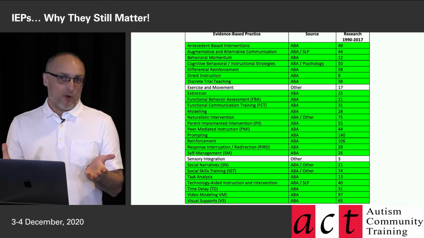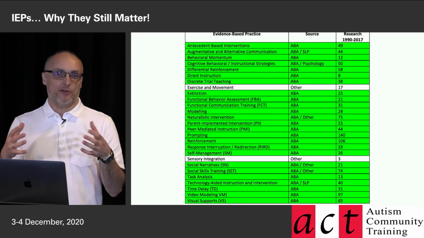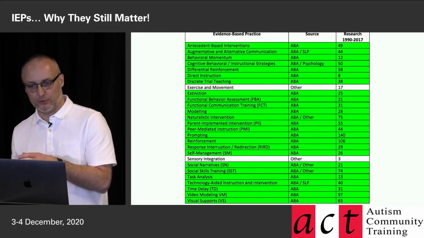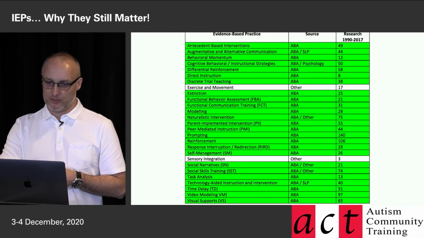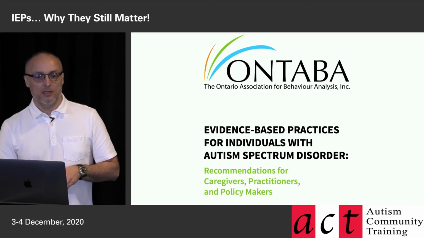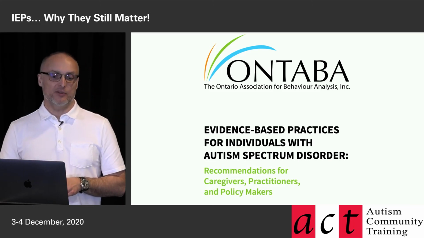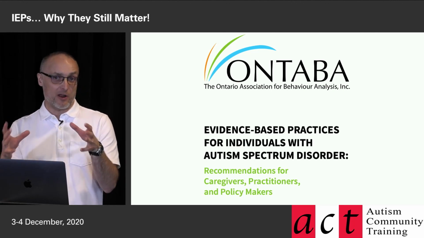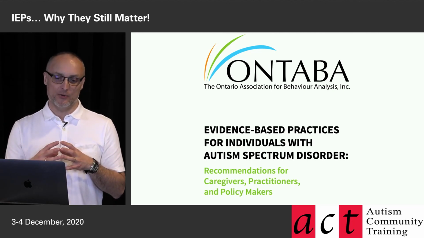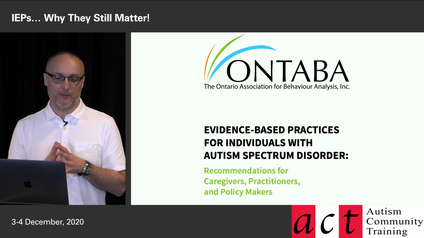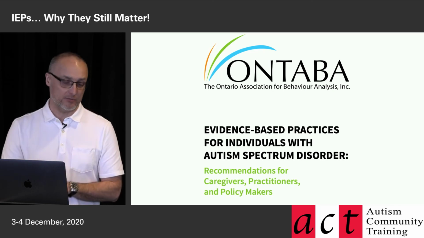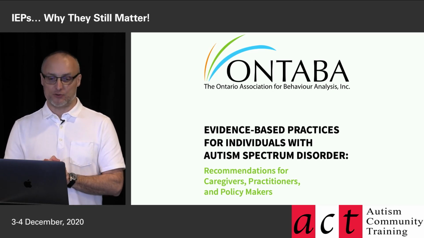So again, I'm sharing this FYI so that you know you can apply your 3 systems of truth and you can follow the empirical truth, and these are sources of empirical truth. The final thing that I'll mention is the Ontario Association document, Evidence-Based Practices for Individuals with Autism Spectrum Disorder. This is a very thorough document, and they've actually looked at some of the other sources I've already mentioned and others and summarized those. So there's a tremendous amount of information here. It's very current. I encourage you to check that out. It looks at other interventions that are not considered by the 2 others that I've just described to you.